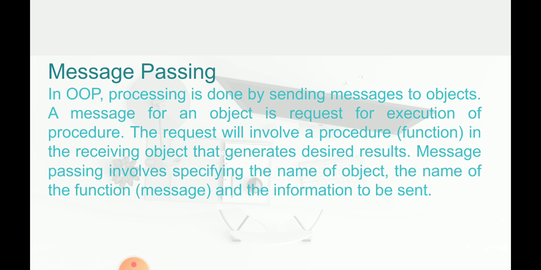So here, what is message sending? Message sending means the object is sending the message to the class or to the control. That is, the name of the object. If for example Student is the class and s1 is an object of the class Student, then how is the message sent? The class Student will have the function display. Then the message will be sent as s1.display, and inside display any information will be there. Display what? Display student name, display student register number. That is known as message passing.